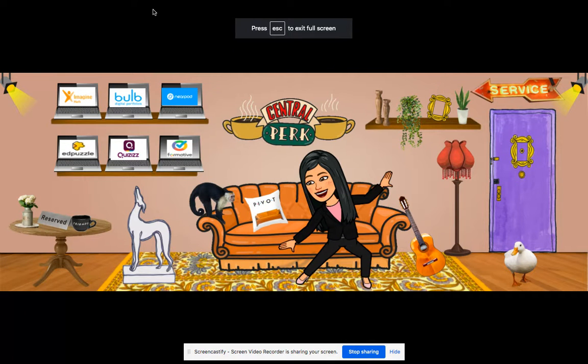All right. And then this last page here is for you. These are the 6 websites that we are going to be mostly using in our classroom, and they are all linked. So if you click on the word or the logo, then it'll take you directly to the website. I hope that this video helps you to better understand our virtual classroom and